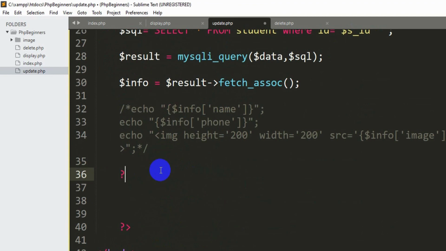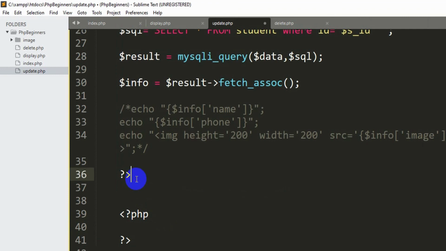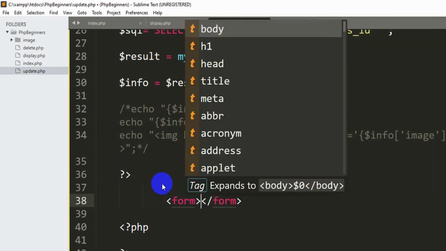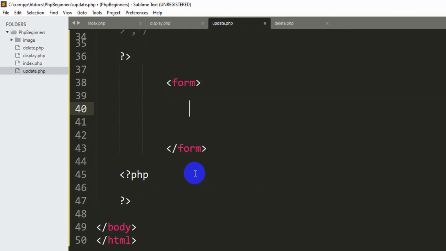So let's close it over here, and for this closing PHP tag we will write another PHP tag over here. I mean the starting we'll say PHP. Okay, so you can see that there is some gap in between them where we can write our HTML code. So here inside it we are going to mention a form. We'll say form, and inside this form we are going to have our HTML code, or I mean the input